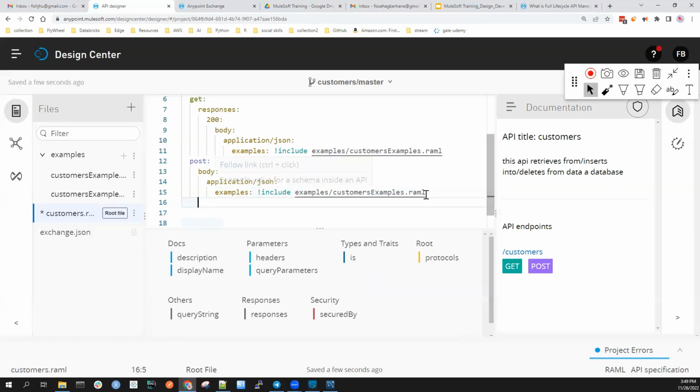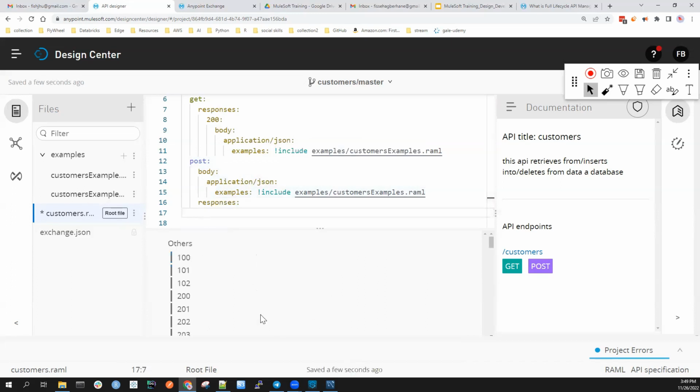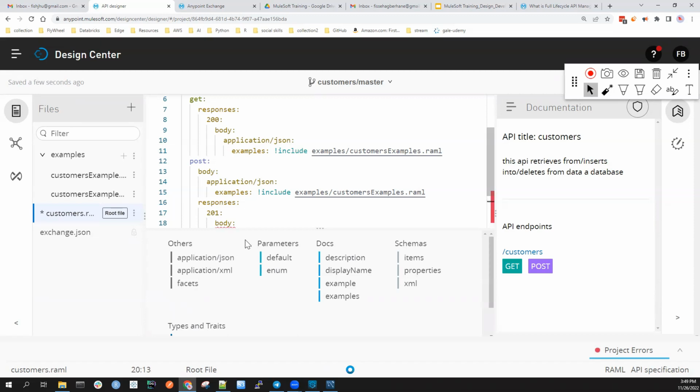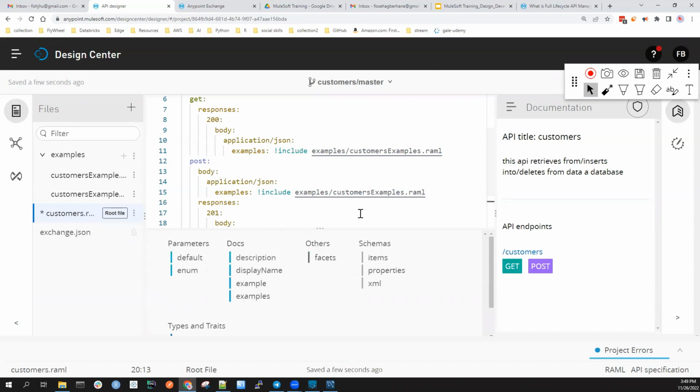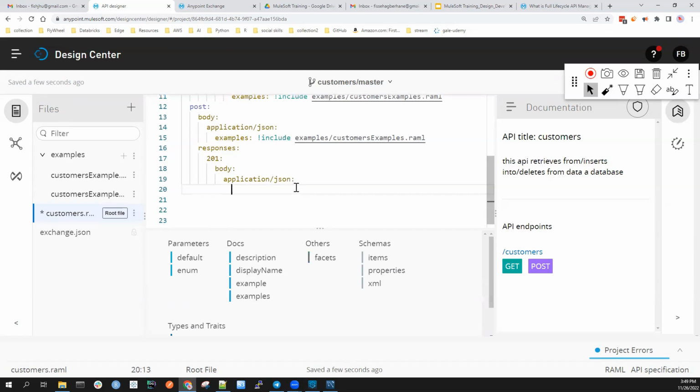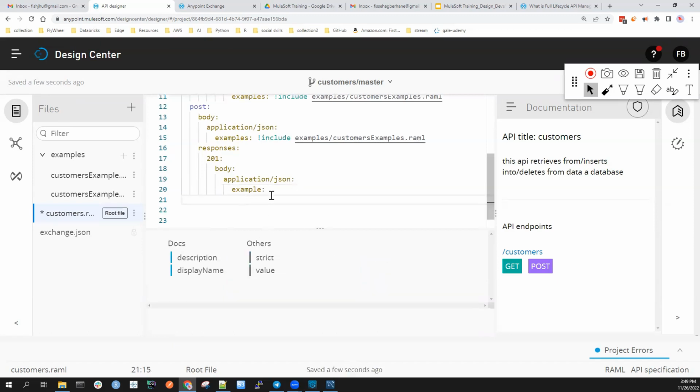Now we have about the response also. See, if I am at the same level as the body for the input for the request that we send, now we have responses. If I just click responses, in the responses, when we insert data, the HTTP standard code is 201 by default. And I want to get a body of application JSON. I want the data that comes in to be JSON. And let's add an example here, just one line. I can just add here myself, message: Data was inserted